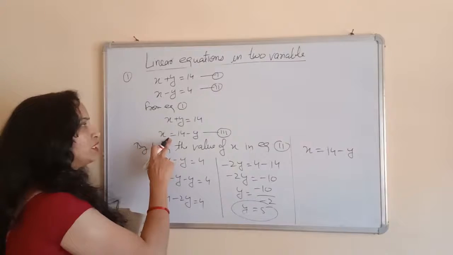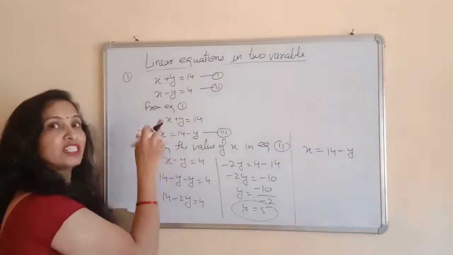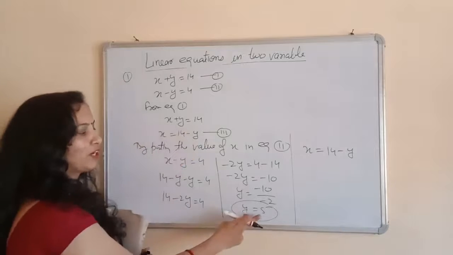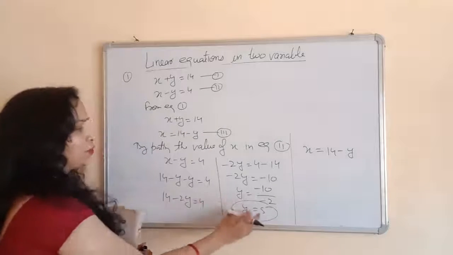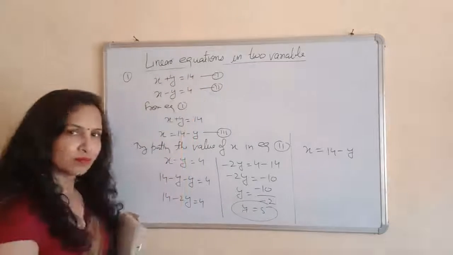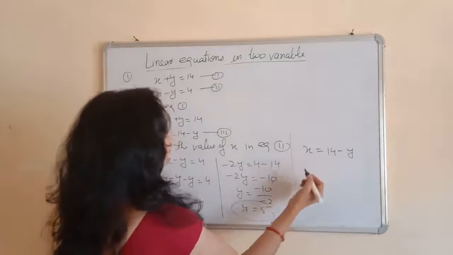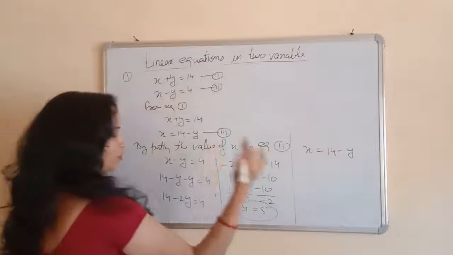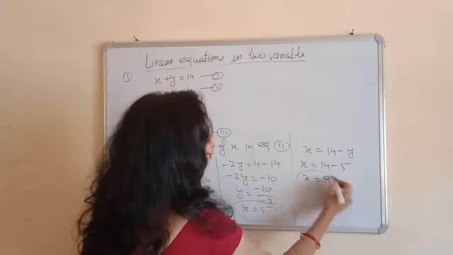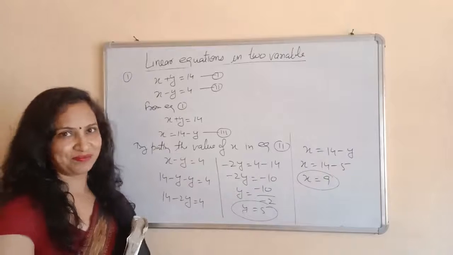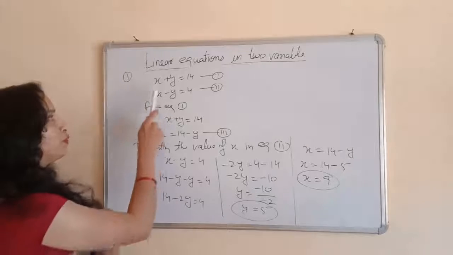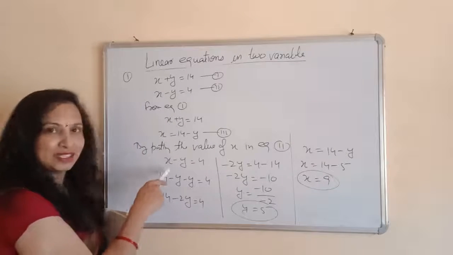In this equation 3rd we found the value of x, which we put in equation 2nd. So again in this equation we will put the value of y. Similarly, you can also find the value of x by putting the value in equation 1 or equation 2. The answer will be the same if you put the value in equation 1, equation 2 or equation 3. So x is equal to 14 minus 5. x will be equal to 9. So these are the values of x and y. This is a very simple method. This is called the substitution method, in which you substitute the value of one of the variables in the other equation.